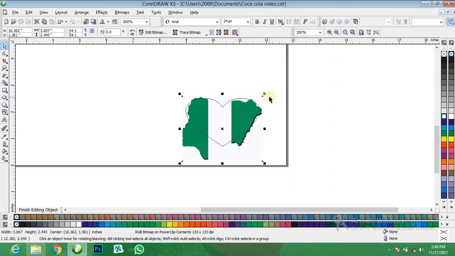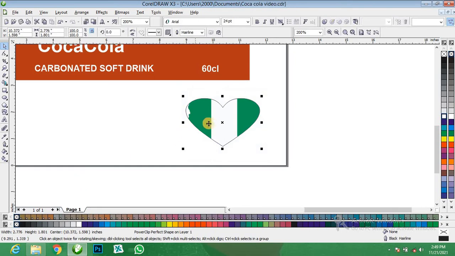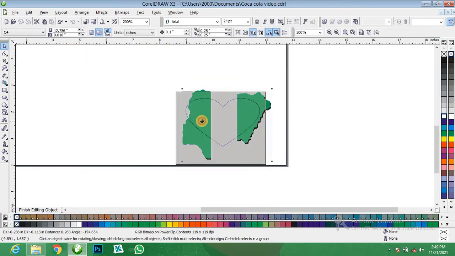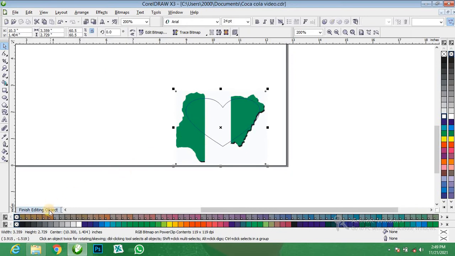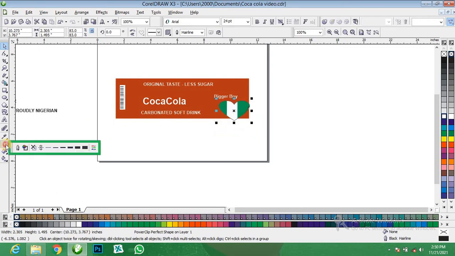After editing, you click on finish editing object. That's cool. Let's edit it again. Close. That's cool. Bring it inside here. Let's change the outline to white.